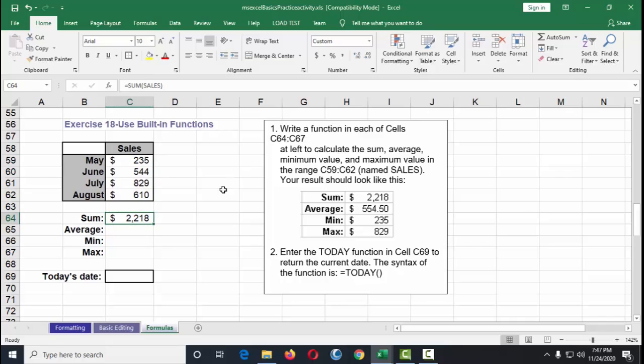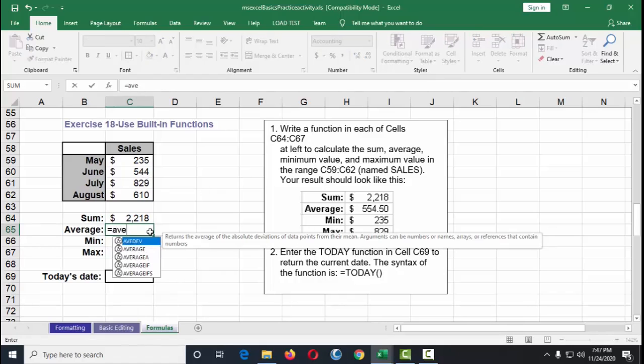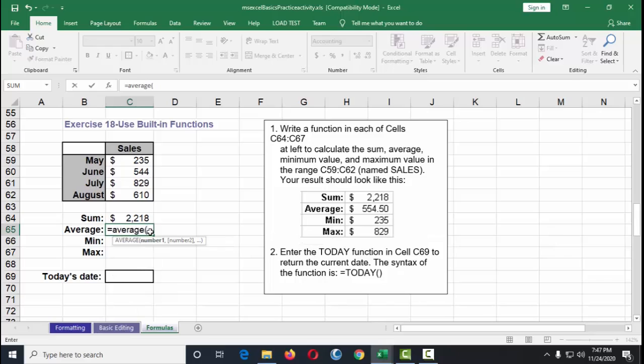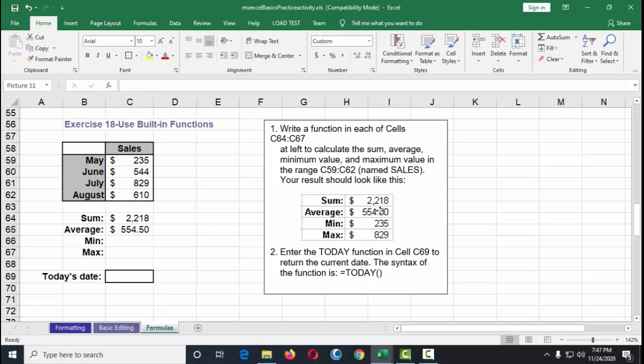Okay, so another is for the average, still the same: equal sign, average, then open parenthesis. You can highlight this, or you can click on the C59 and then colon, and then C62, which is 550, 450, which is the same as this.